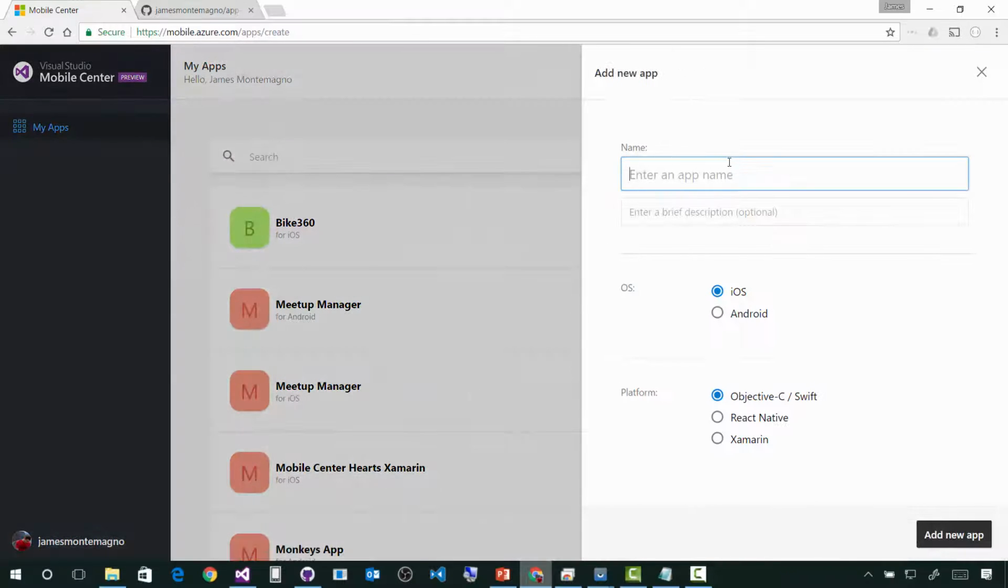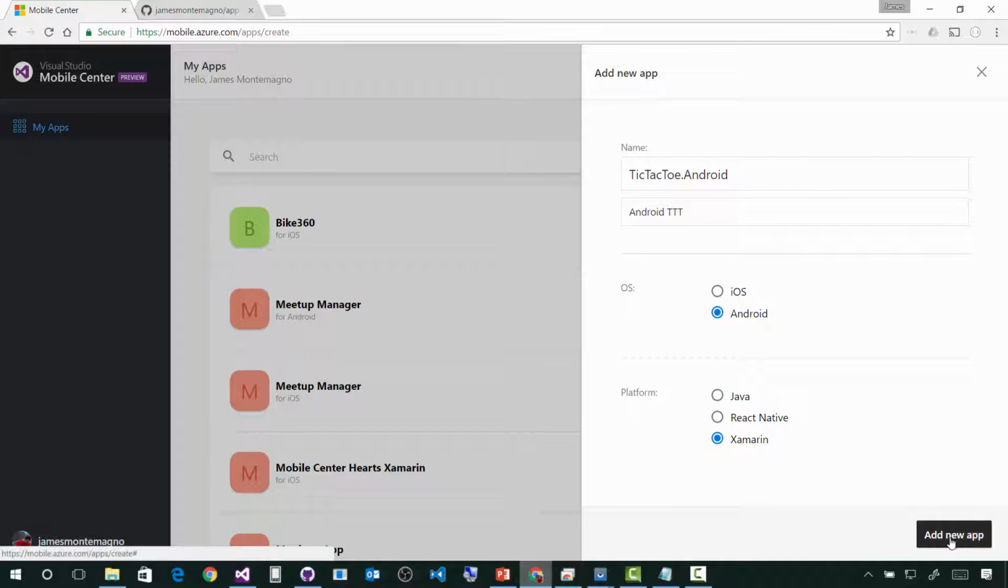And let's say add new app. And I'll just call this tic-tac-toe.android. I'll say Android TTT. This is an Android application, and I'll just say Xamarin. So essentially, I'm setting up my application that will have the ability to use one or all of the different services that are there. So I'm not setting up anything yet. I'm not doing anything. I'm just kind of creating a blank canvas for me to start automating and doing things